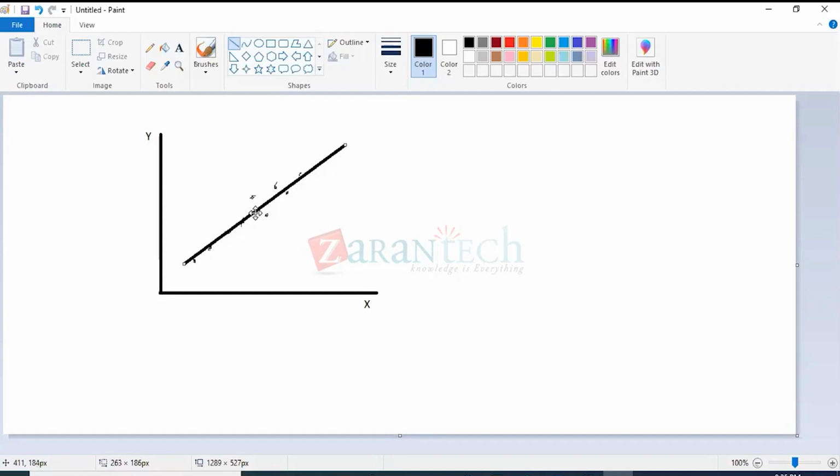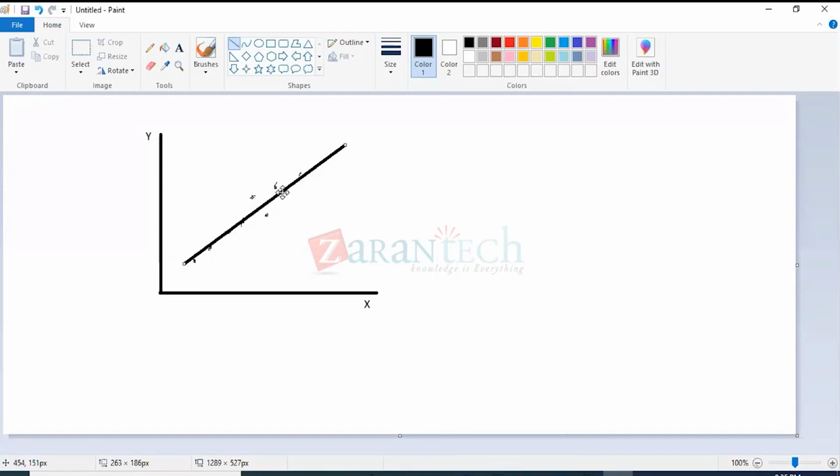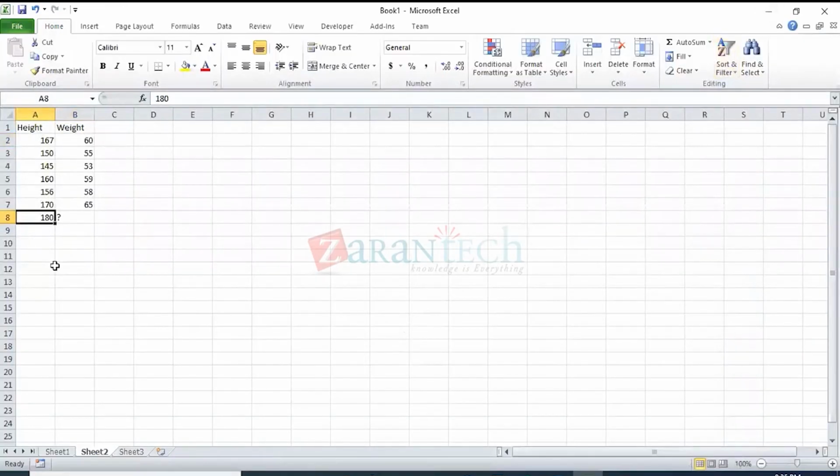How this line is actually derived, we will see in the coming slides. But that's how linear regression works. Now you know that based on these data points, you have fitted this line. How can you use this line to identify the weight based on the height? You know the height now, so what you can do is,